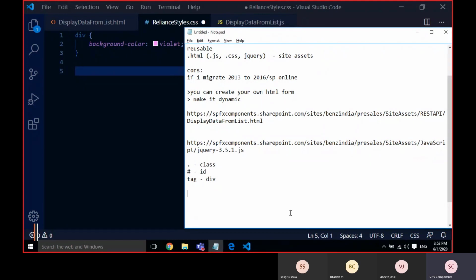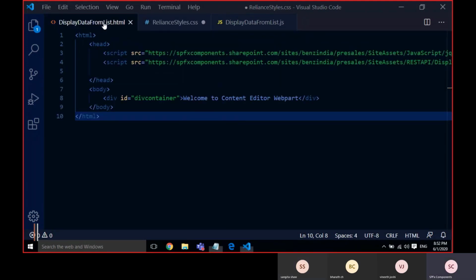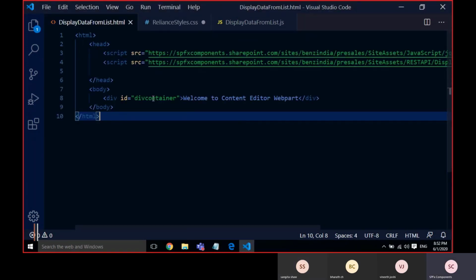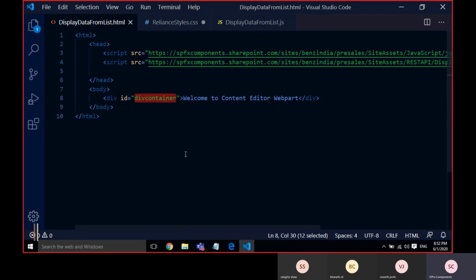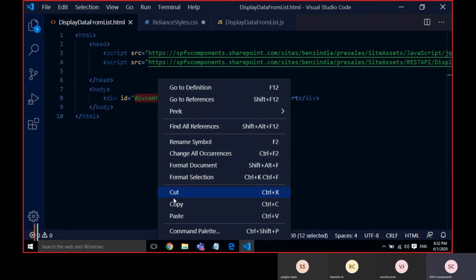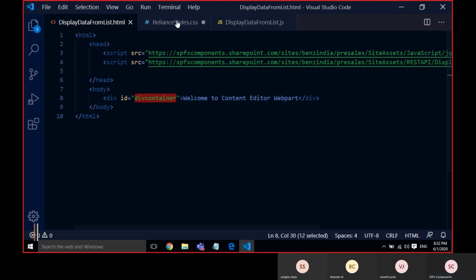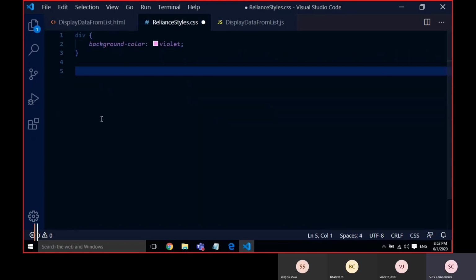Sometimes in the HTML itself, I have an ID, and I want to apply the CSS based on the ID, not on the tag basis. So I'll take the ID and come here. If it is an ID, I have to use hash. The symbol for ID is hash.